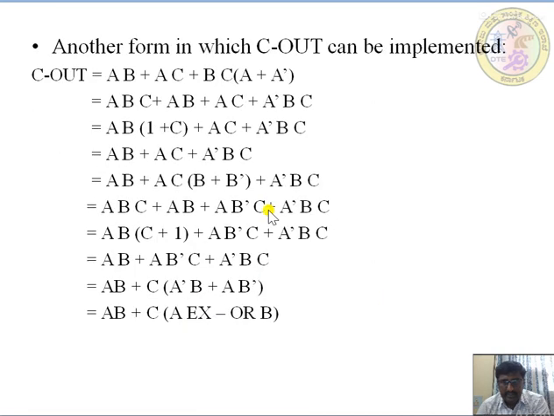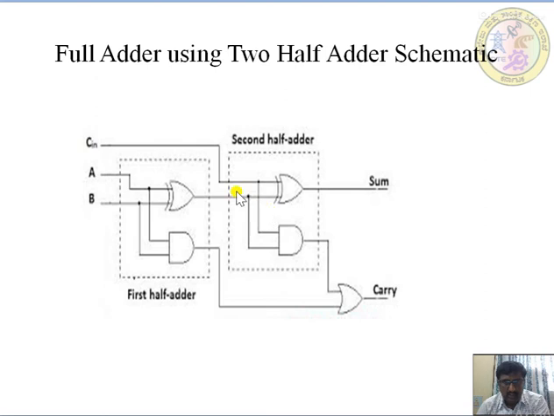By this also they can reduce it. So this is the schematic. In the first half adder, the sum expression is A XOR B, and for carry it is AB. For the second half adder, once again A XOR B, that is, the sum output of the first half adder is acting as one input and Cin is the other input. Directly I am getting the sum expression here, and the carry output I take by adding up with one OR gate. I am getting the carry.